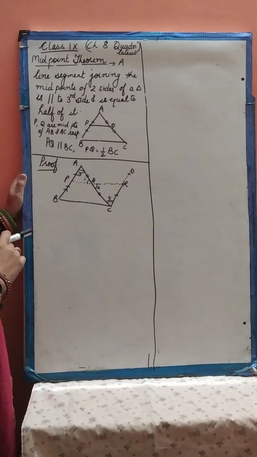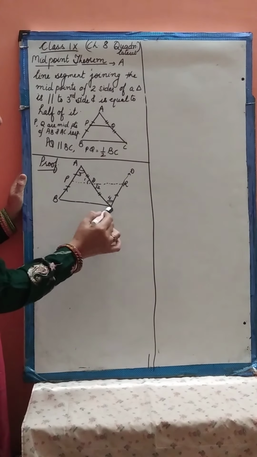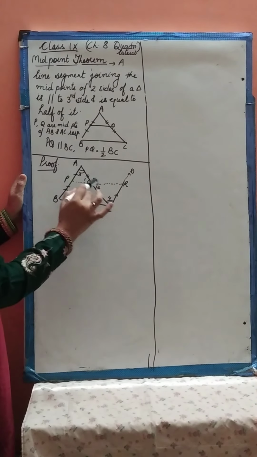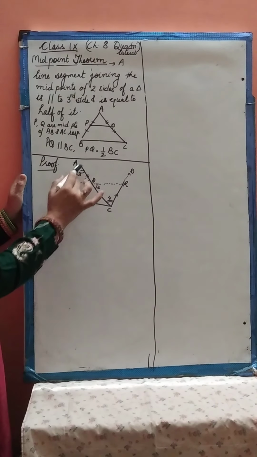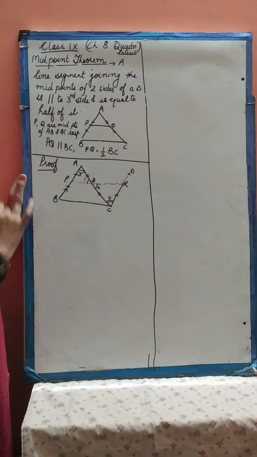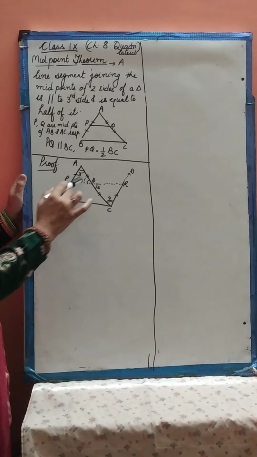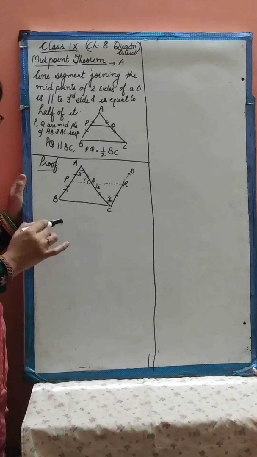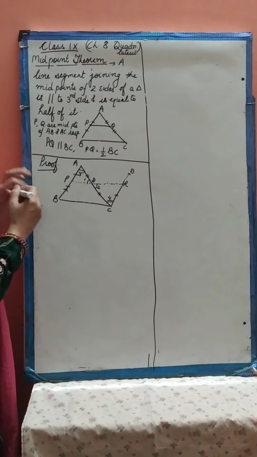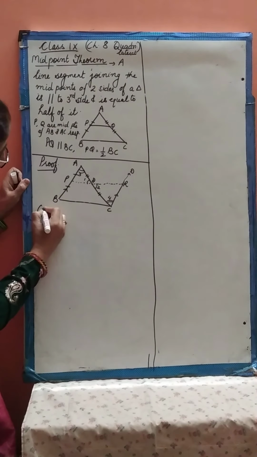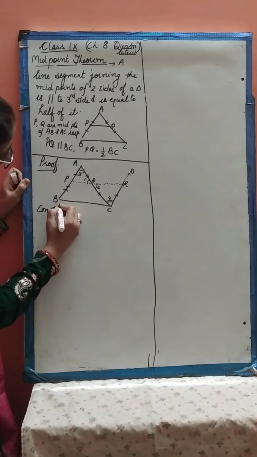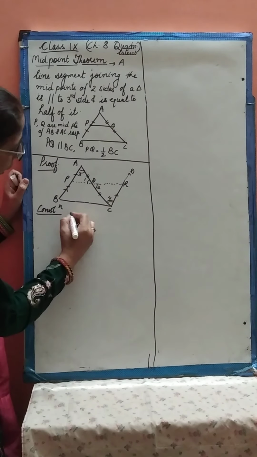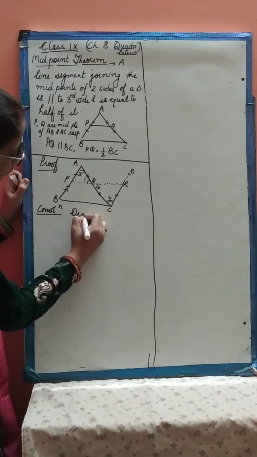Now we will prove it. How? ABC is a triangle, P and Q are the midpoints of respective sides AB and AC, and now we have to prove this: PQ is parallel to BC and is equal to half of it. So we are making one construction. What is this construction? I am doing, draw a line CD